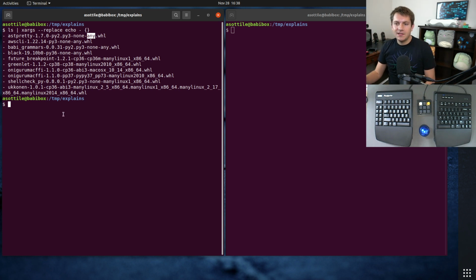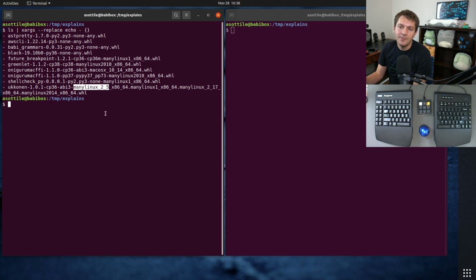But if you see a particular platform, so for instance, we have the Many Linux 1 x86-64 platform here. I did a video on Many Linux, so I'll link that in the description, but the TLDR is this is a platform tag which says any particular Linux that has this minimal symbol set can be installed there. We also see a Many Linux 2010 here, which is a slightly newer version of that standard, or the newest version of the standard, which has the